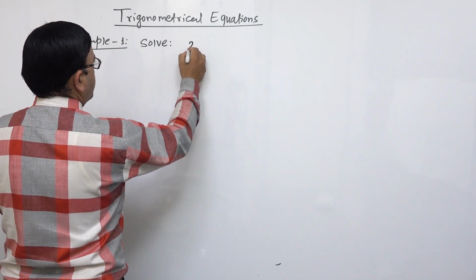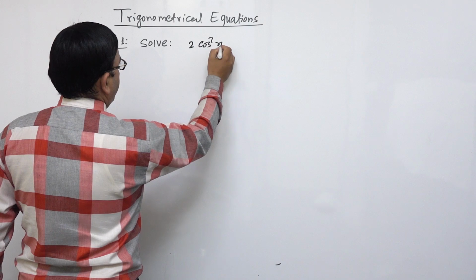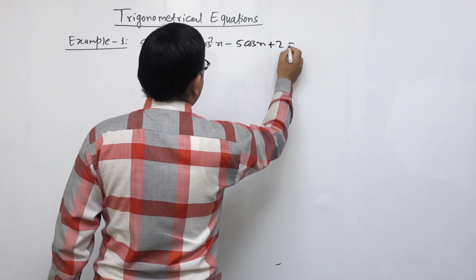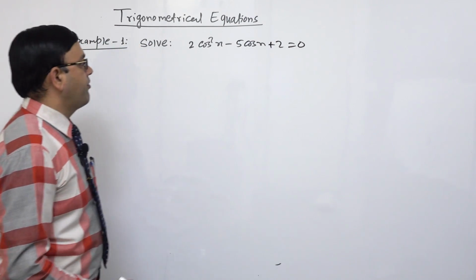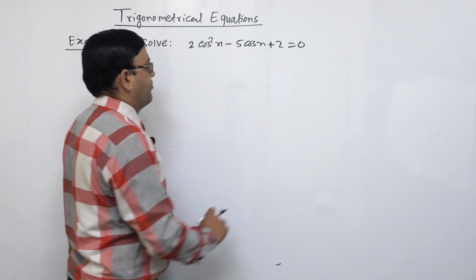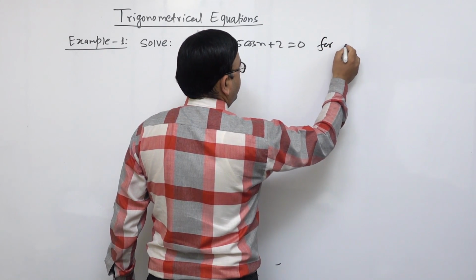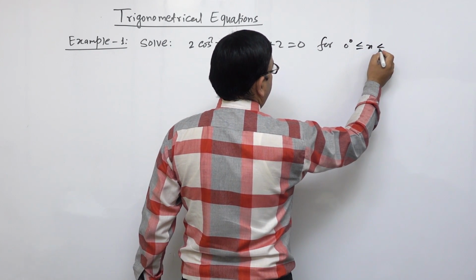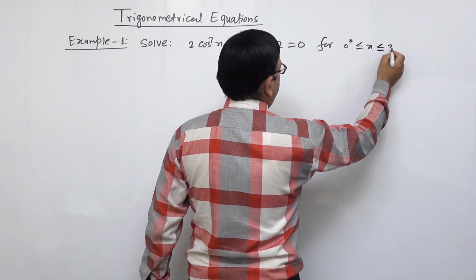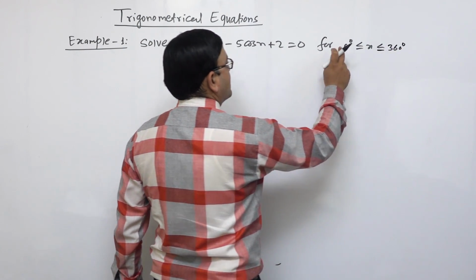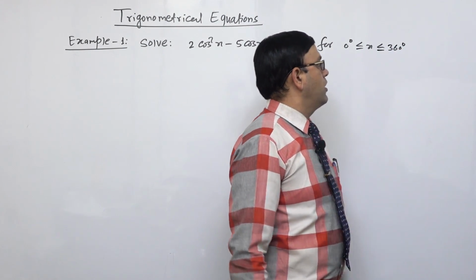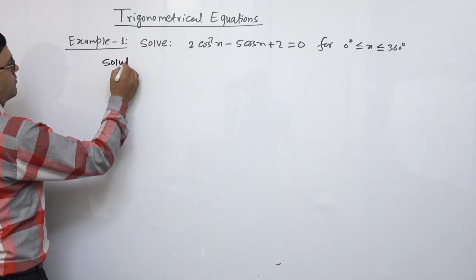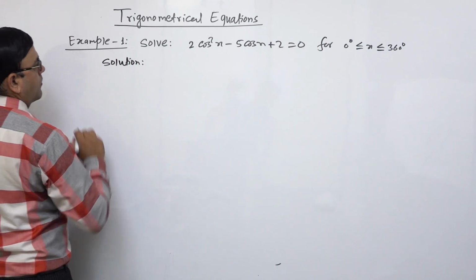Suppose we have the question 2 cos square x minus 5 cos x plus 2 is equal to 0. We can factorize this equation and we'll find the value of x. And for 0 degree is less than or equal to x, which is also less than or equal to 360 degree, or we can say x is greater than or equal to 0 degree and less than or equal to 360 degree. Now solution. We have here